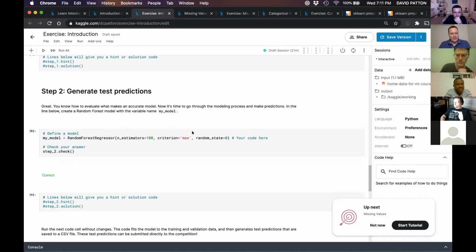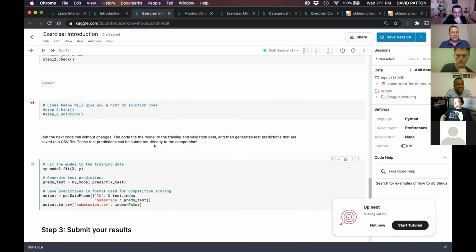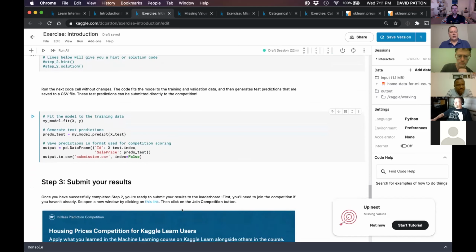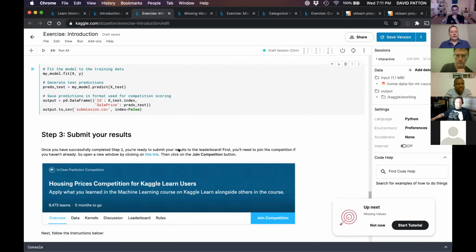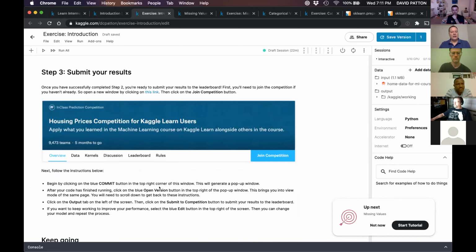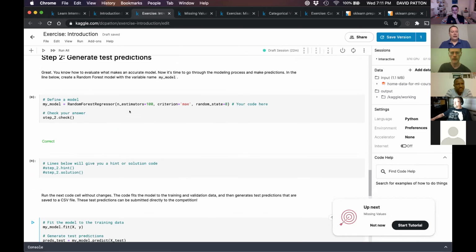I think this is probably the best model that they used that we write in here, and we're going to actually fit it, make predictions based on that from our test data. And if you want to, you can submit it to a competition they have set up for Kaggle learners, which I do advise you to do so that you can see how that's done, how to join the competition and submit a submission. And then after you do that, maybe go back and play with it.